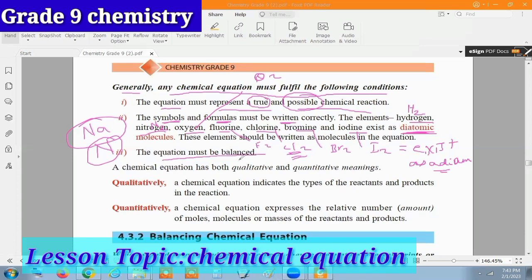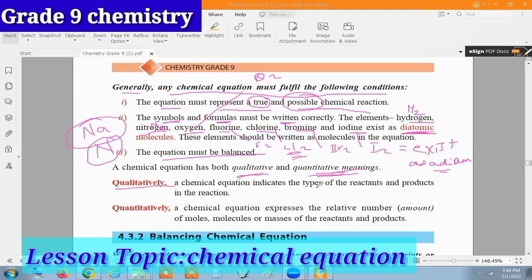Finally, the equation must be balanced. Okay, a chemical equation has both qualitative and quantitative meanings. A chemical equation has two different meanings, qualitative and quantitative. Now, as you remember from the lower grades,